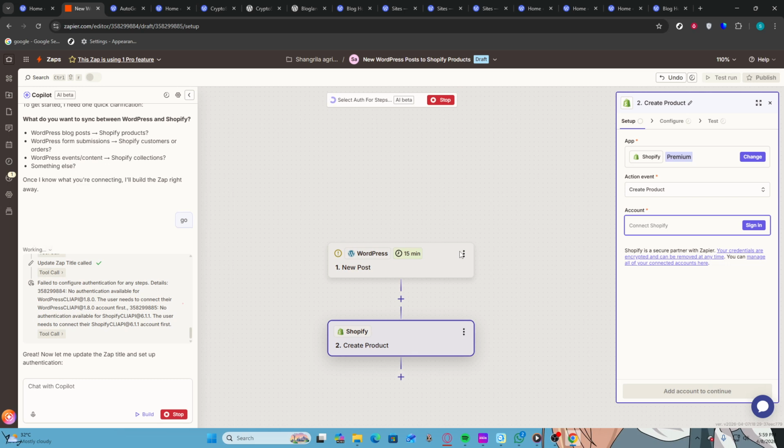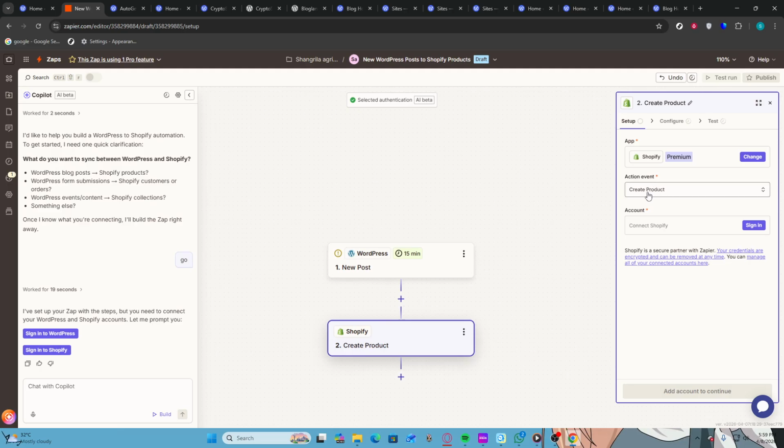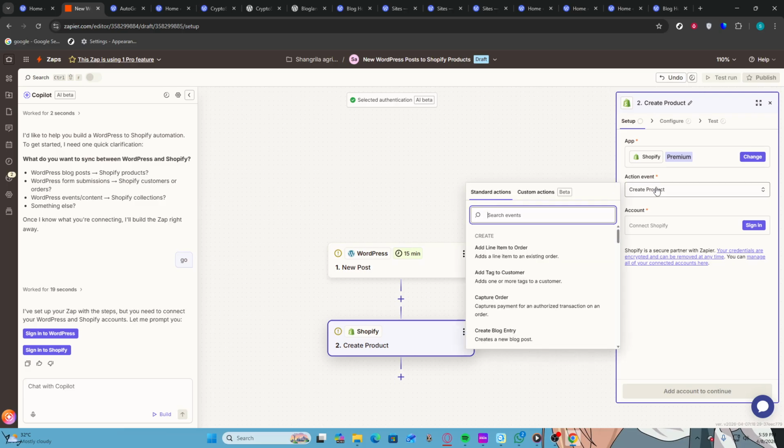Following that, click on Shopify to set it as the action application. This indicates that the integration will perform an action within Shopify based on the trigger from WordPress. Next, click on Shopify again to confirm your action application. This will allow you to set up what specific action you want to take place in Shopify when a new